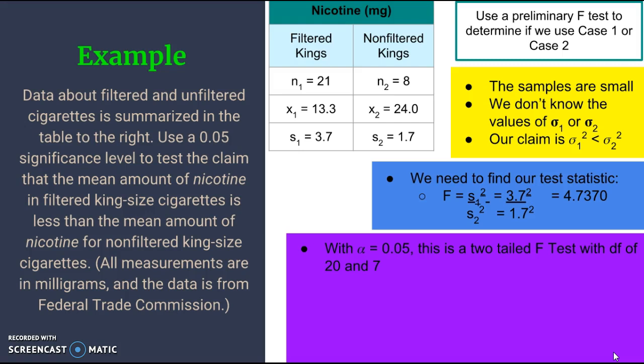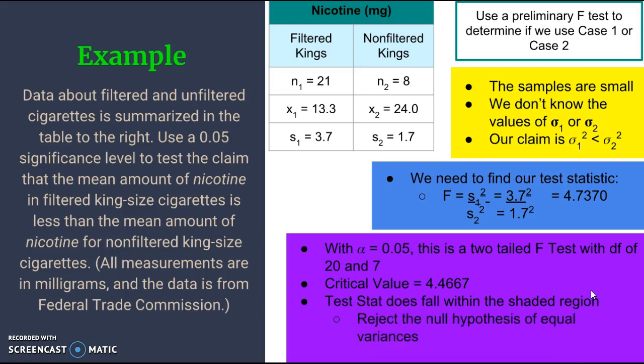We need to compare that to our critical value. So we note that we have an alpha value of 0.05. This is going to be a two-tailed F-test with a degree of freedom of 20 and 7. Okay, so our critical value is going to be 4.4667. All right, so now that we found your critical value, we need to figure out where that test stat falls within our shaded or non-shaded region. So comparing your 4.7370 and our 4.4667, we are going to reject your null hypothesis of equal variances because it falls within our shaded region,